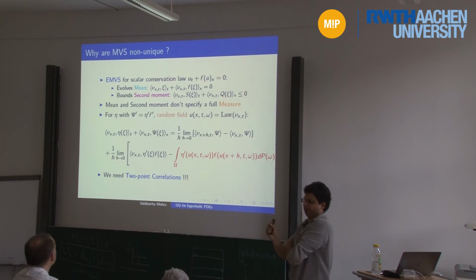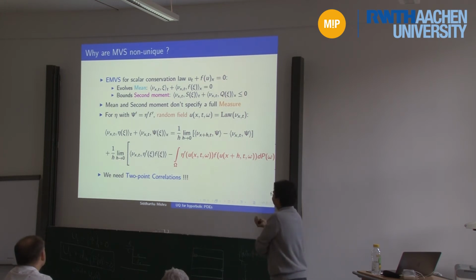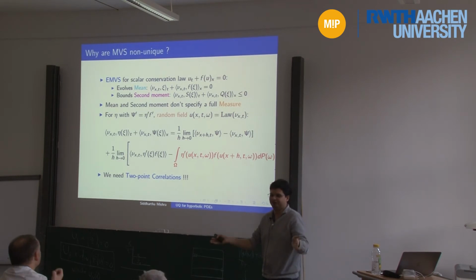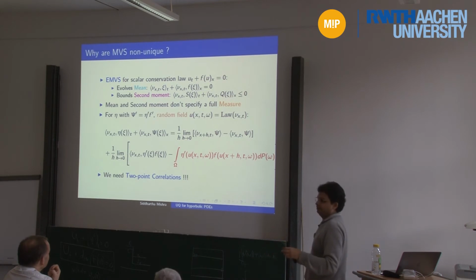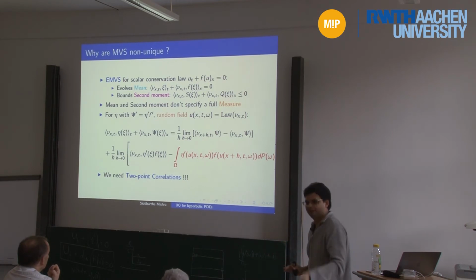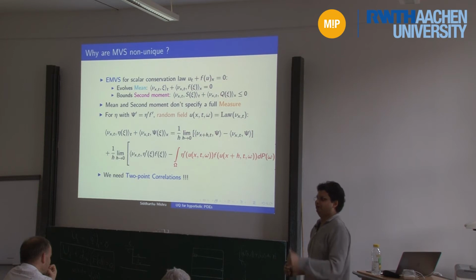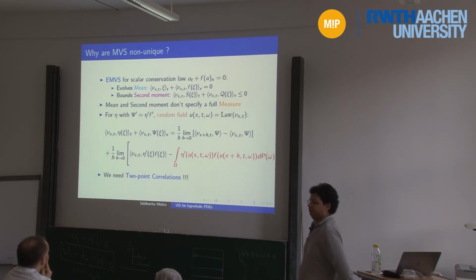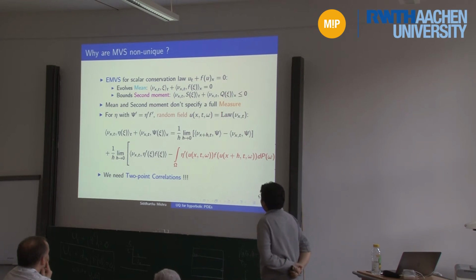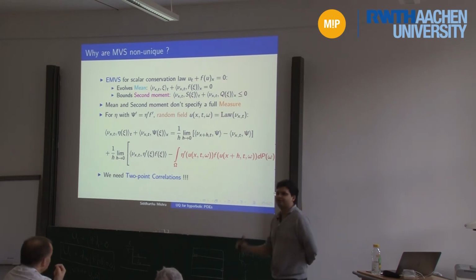And this is exactly the point, because all of you should know this: if I just tell you the mean and I tell you a bound on the second moment, it does not specify any measure uniquely. You just take the same mean and the same second moment and you change the measure on the higher moments, right? So there is no chance of uniqueness simply because we want to determine the whole PDF, the whole measure, and all that we are doing is constraining the mean and the second moment. This is not good enough. This is the main reason for the non-uniqueness, that there is not enough information